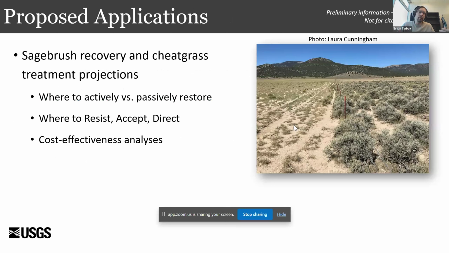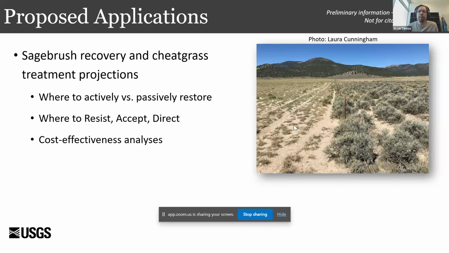I think that's a great example of how these can be used. So you can say, those areas where there was a high probability of natural recovery, those might be great opportunities for more passive restoration, maybe fencing them off or something like that, but not necessarily investing as much resources in terms of seeding efforts. And then the map on the right that I showed previously, you could say, okay, these